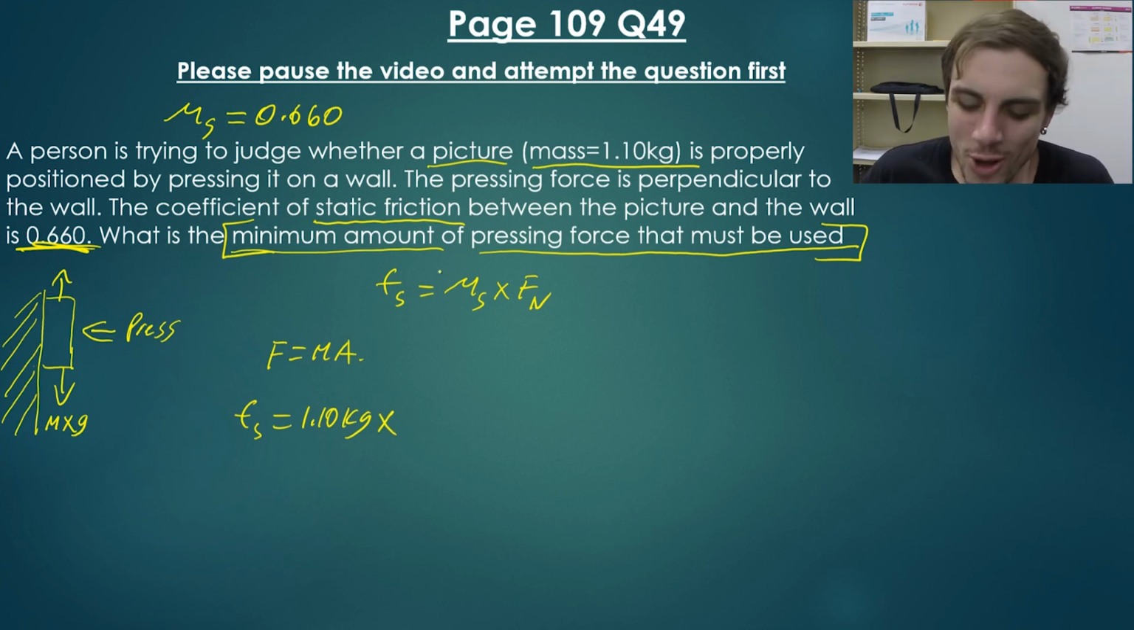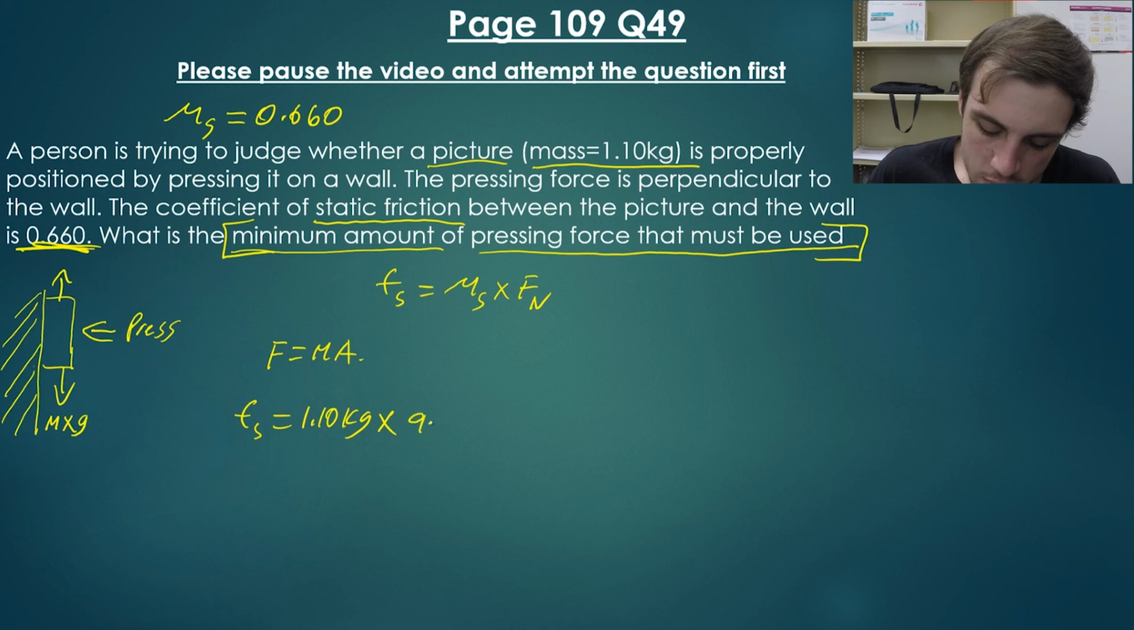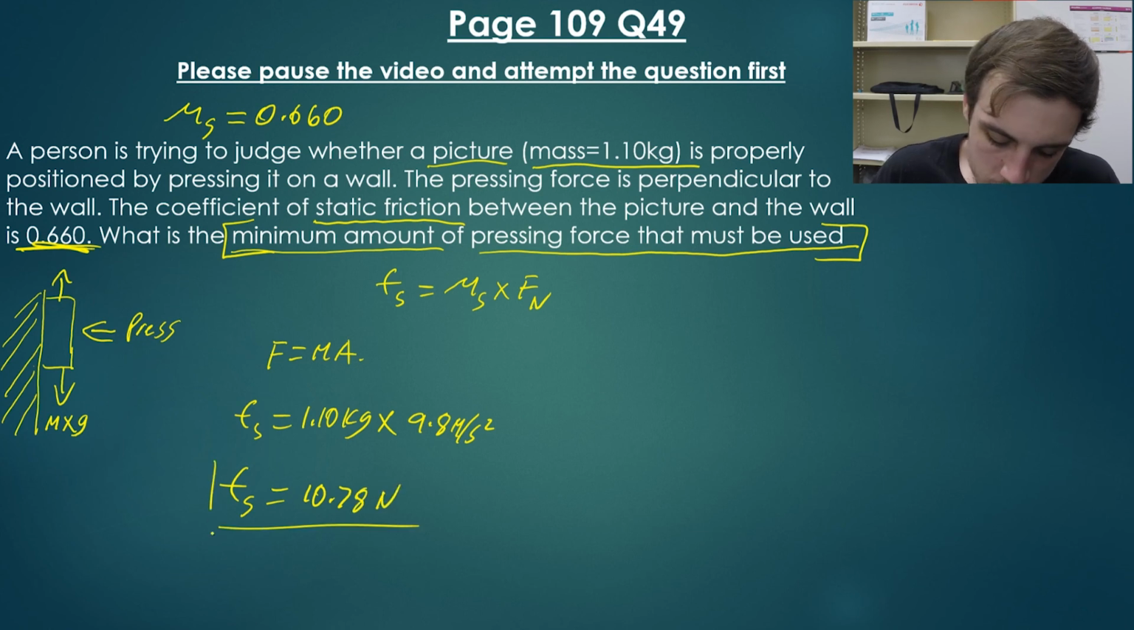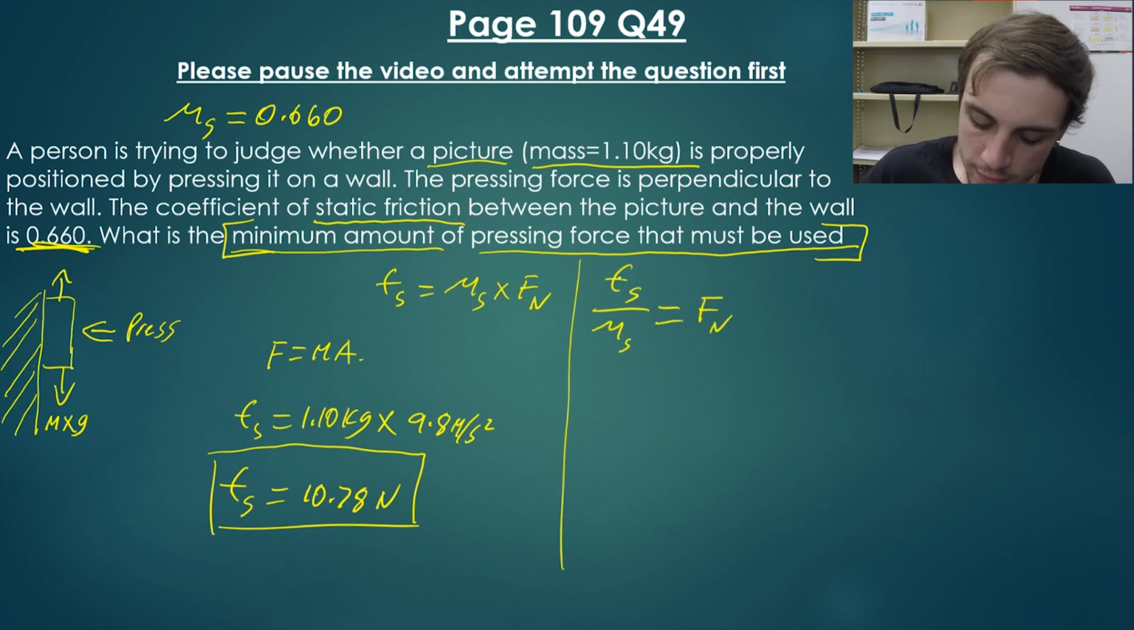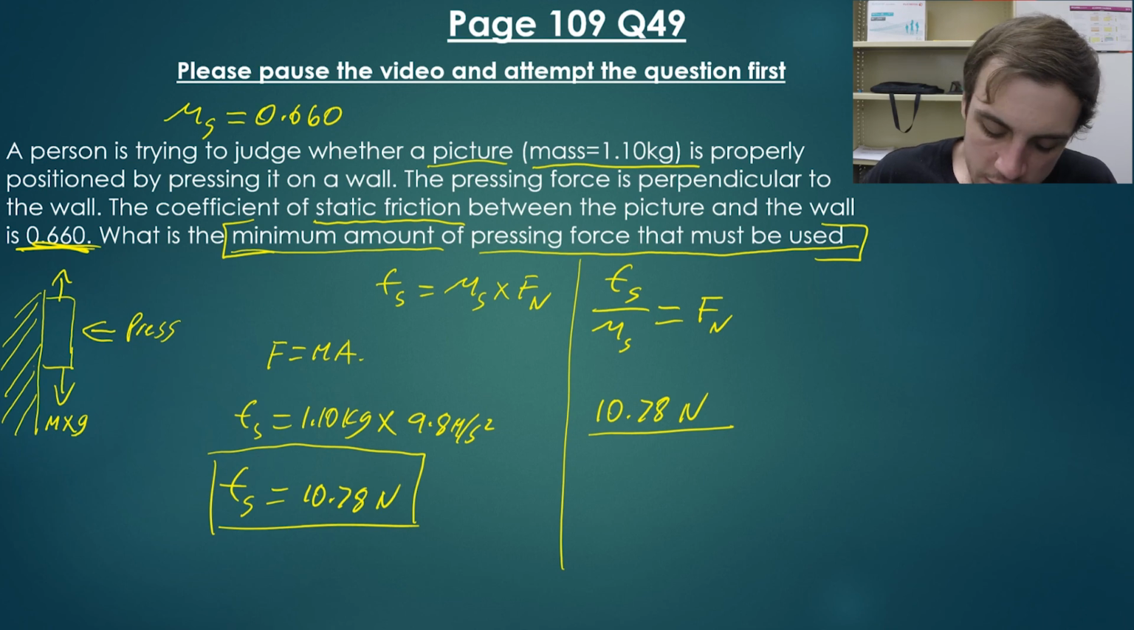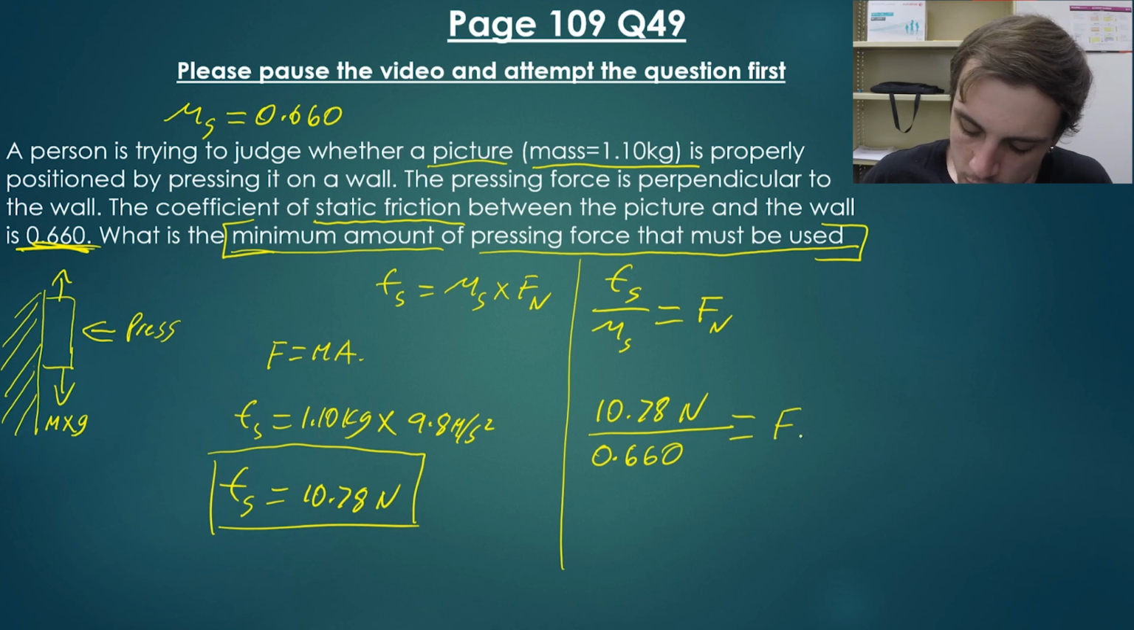So it's fair to say that we're on Earth. So we're going to multiply this by 9.8 meters per second squared, which means the force of the static friction is going to be 10.78 newtons. So we are wanting to calculate the force normal. So our force due to friction is going to be 10.78 newtons. And we know that the coefficient of static friction is 0.660, and that's going to equal our force normal. So 10.78 divided by 0.660 is going to give us